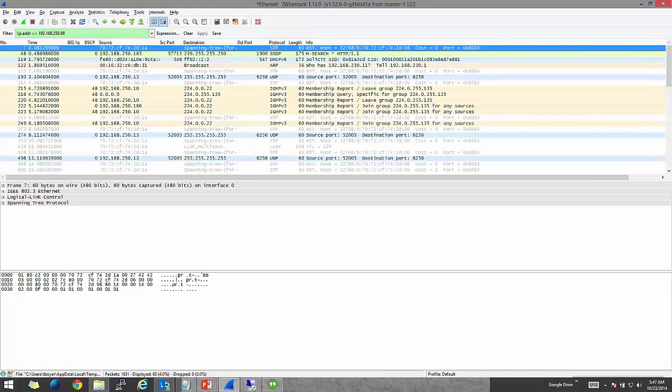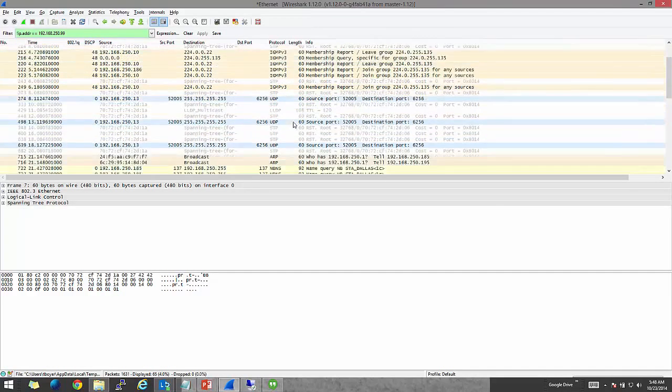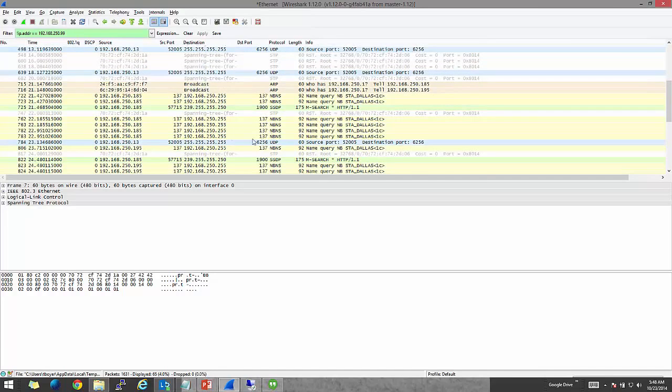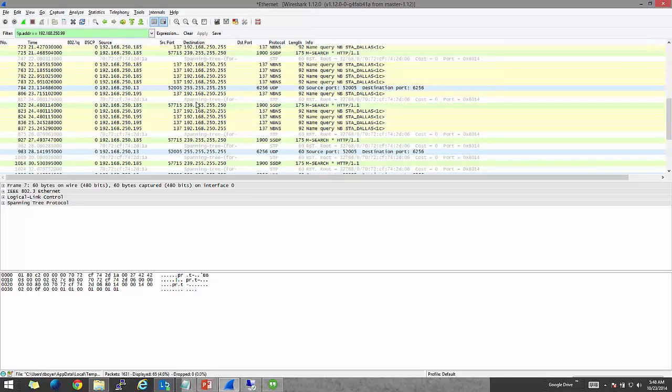If I take out that traffic, what I'm left with is a bunch of broadcast traffic and a bunch of just network chit-chat of devices querying each other. So this isn't what I want to see. This isn't showing me the VoIP traffic that I'm looking for that's passing between the devices. And the reason is